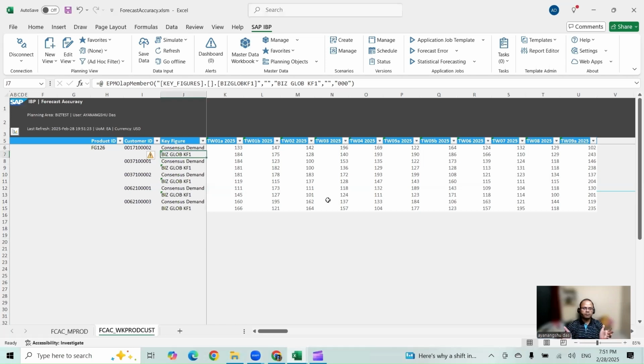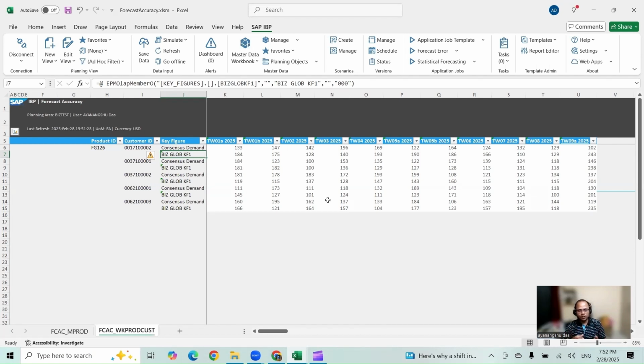So today we are going to learn more about key figures. My purpose today would be to show how to calculate a key figure, how to configure a key figure to calculate forecast accuracy. So the way it is typically done is that suppose there is the actual sales history, and then